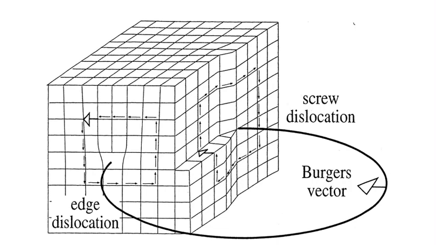If you observe the figure on the left side, we can see a particular crystal lattice in which we can find an extra plane which is terminating. It is not throughout the material, it is terminating within the lattice. So for finding the Burgers vector, we are considering a particular starting point.